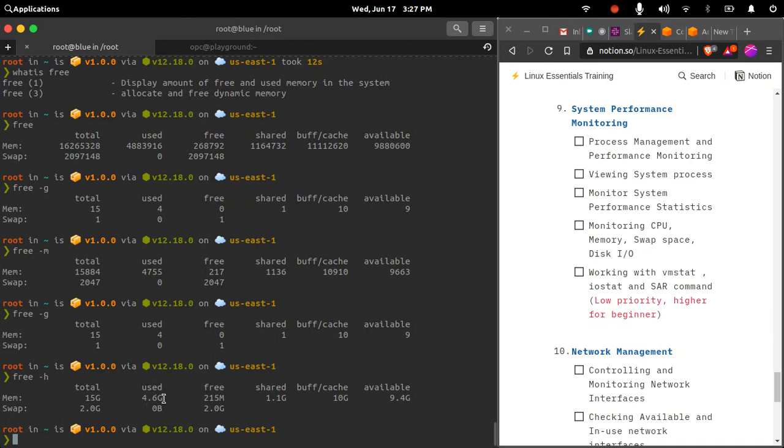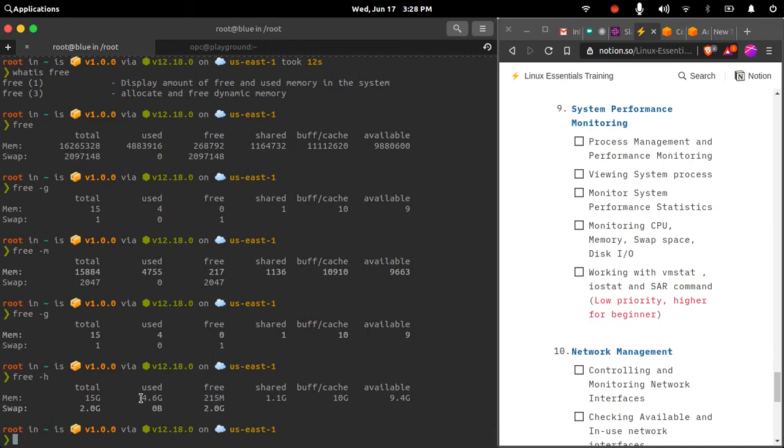Here, only 215 MB is free, the rest is cached. I have a lot of cache here, almost 10 GB, which is not a good sign. I have around 2 GB of swap space and 15 GB of RAM in total. This way I am able to identify the memory usage on my system.